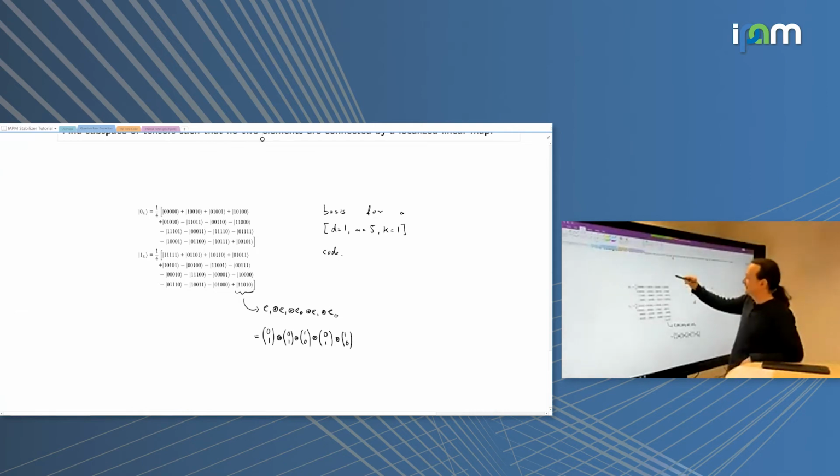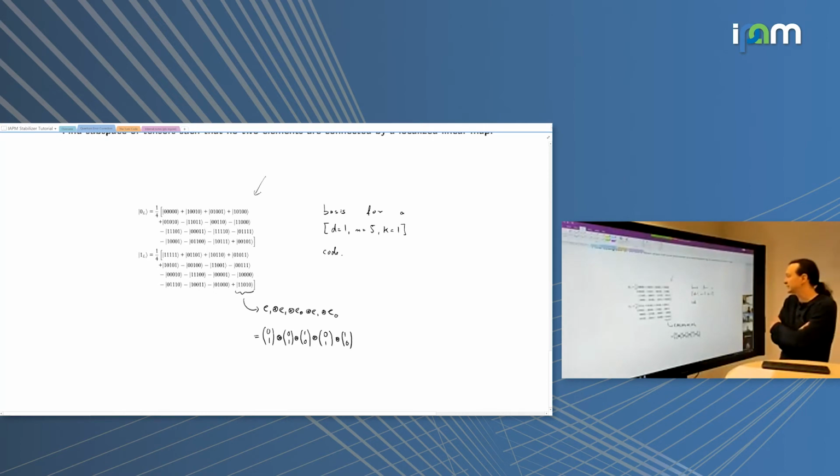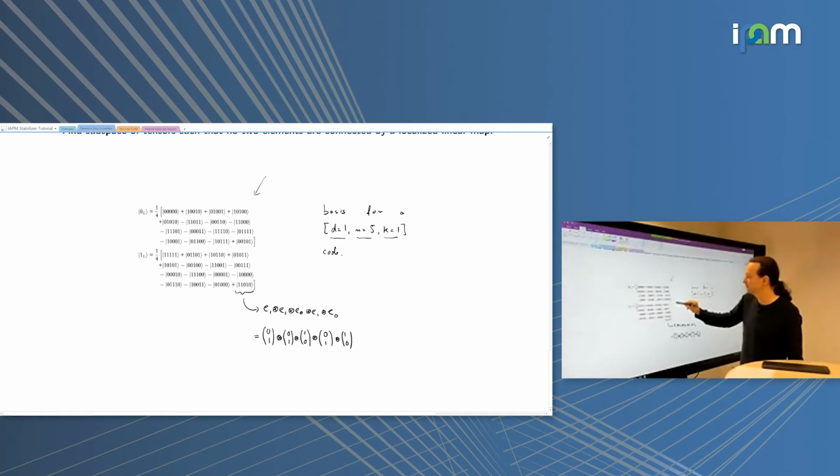So this here is a basis of a D equal to 1, N equal to 5, K equal to 1 code. D equal to 1 means it can correct any error on 1 qubit. It encodes 1 qubit into 5. So K equal to 1 means it's two-dimensional, so that's the basis. And N equal to 5 means I live in this 5-fold tensor product. And this is, of course, the quantum information notation for tensors, where I write 1, 1, 0, 1, 1, 0 to mean this tensor here as an element of C2 to the tensor 5.